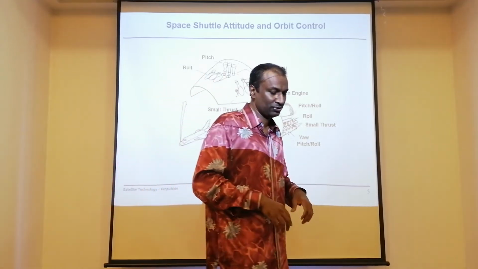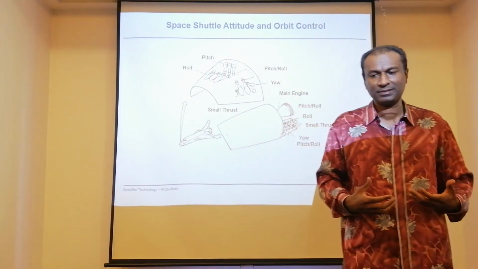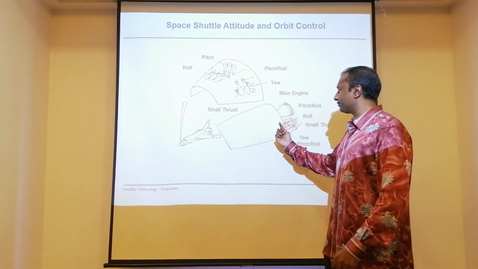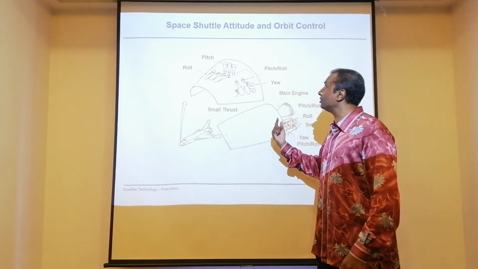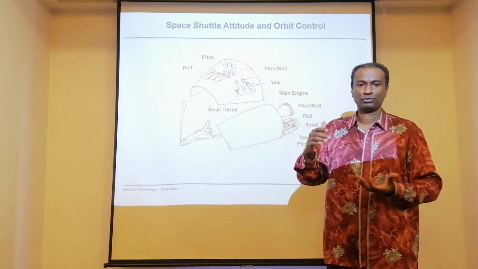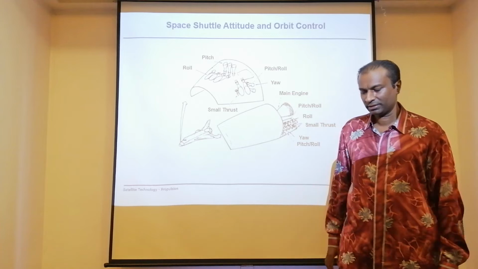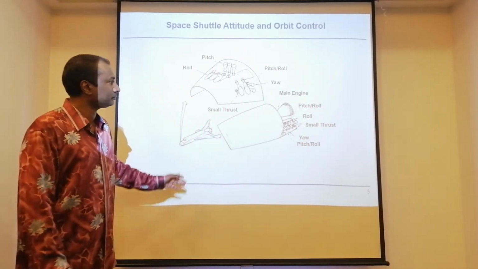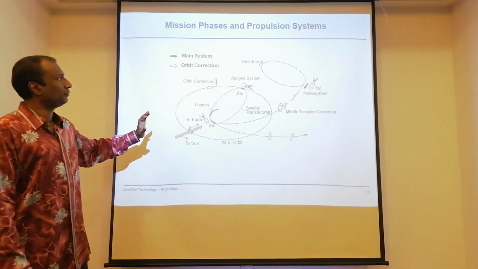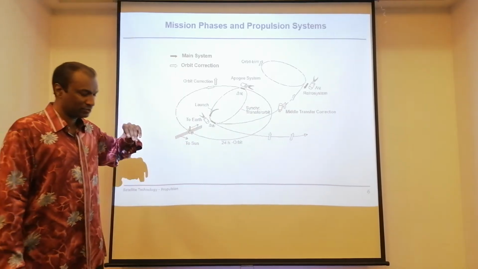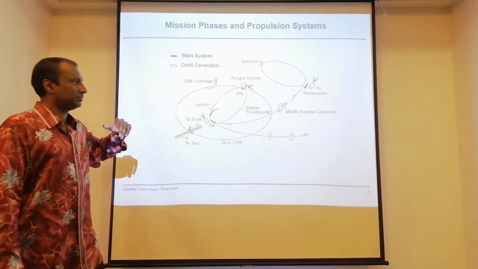So that's how you start using the thruster systems, whether to do your attitude, which, as I've said, is the rotational motion, or orbit control, which means that orbit is a translation motion. So there are two functions that the propulsion system can give you. Got it? Now this is just to tell you, normally if you look at a spacecraft mission, there are, technically speaking,